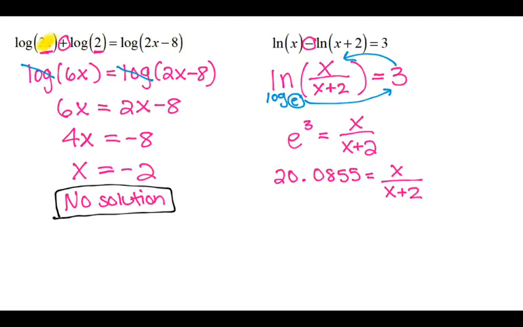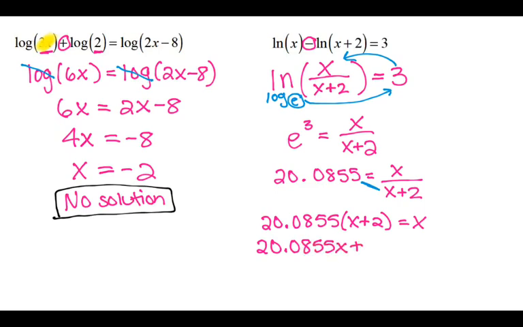Equals x over x plus 2, and then I'm going to cross multiply. So I have 20.0855 times x plus 2 equals x. I'm going to distribute, so 20.0855x plus, oh geez, I shouldn't have done so many decimal places. 40.171 equals x. I'm going to subtract